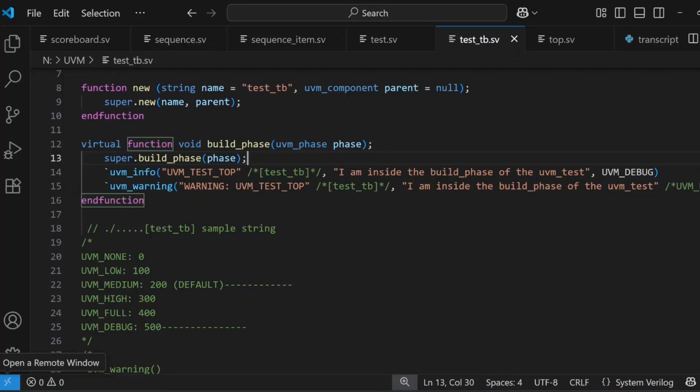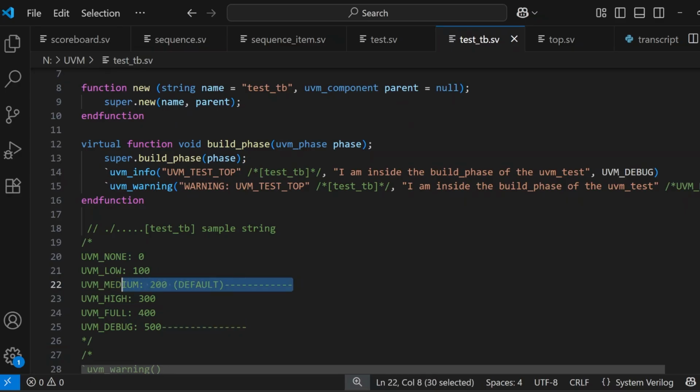Hello everyone, welcome back to another video on UVM Verbosity, and this time we are going to discuss the verbosity override methods in detail. So let us begin. As we observed in my previous video, the default verbosity threshold is UVM medium,